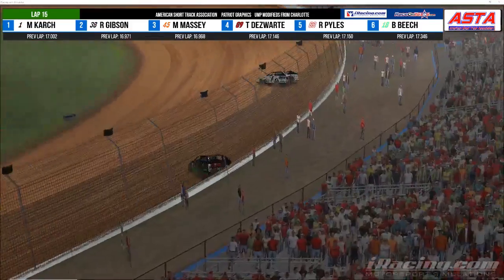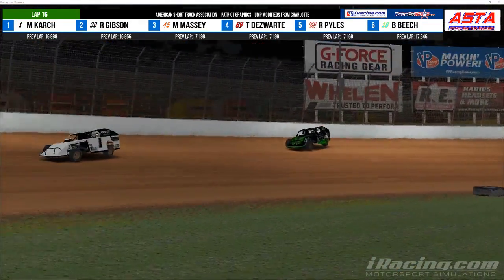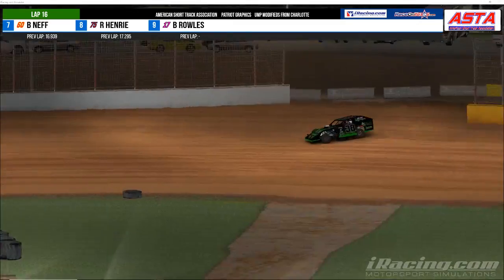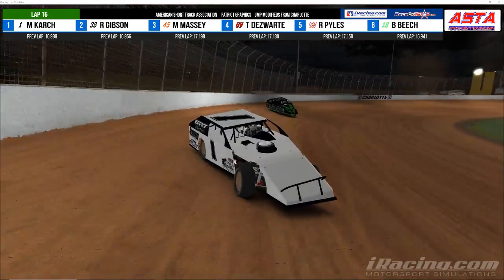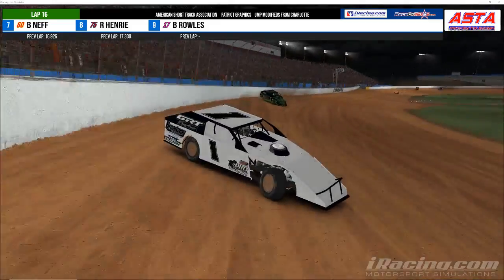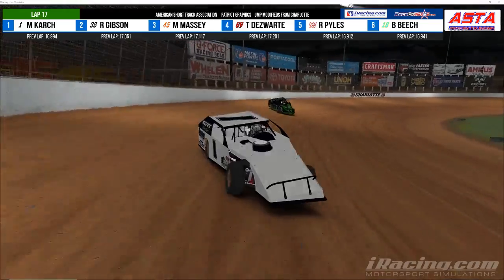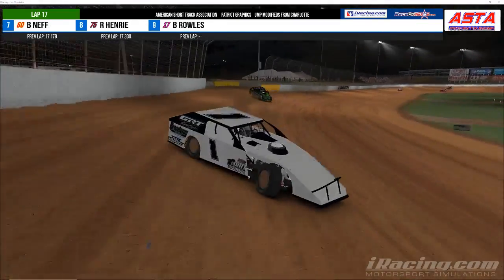We are halfway home, ladies and gentlemen. 15 down, 15 to go. 0.606, still about 0.6 of a second behind Martin Karch is your second place car, Rick Gibson. It's a big jump back to Michael Massey, almost a straightaway behind your top 2 cars. Those first 2 have really laid the keys on the front desk and checked out on the rest of the